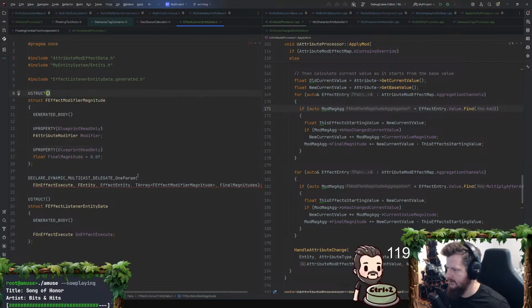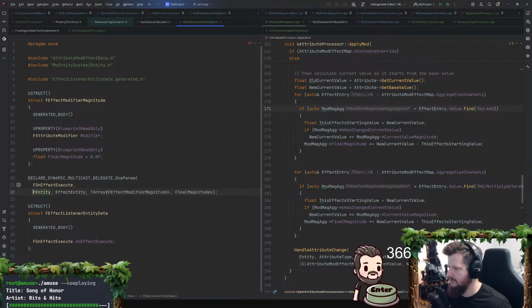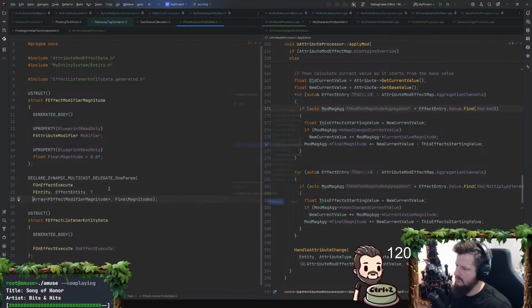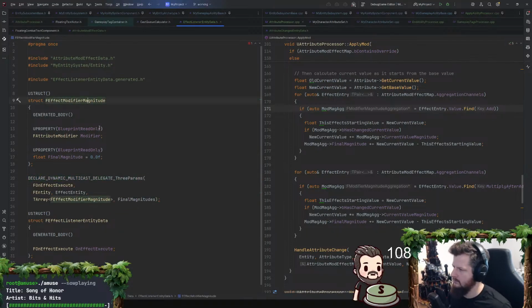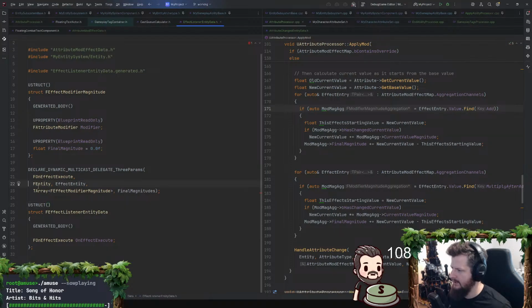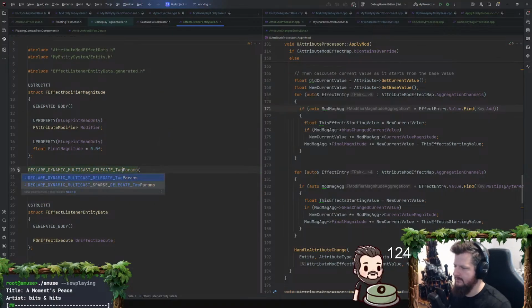Or no, I just need to do three params. Okay, yeah, I like that signature. On effect execute. Let me take a peek. Wait, what are you mad at? Oh no, it's two params. I can't count apparently.